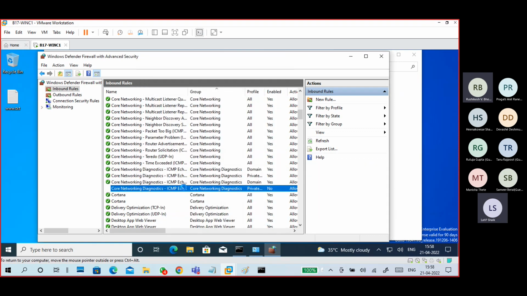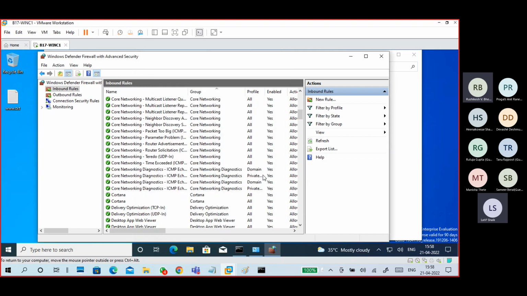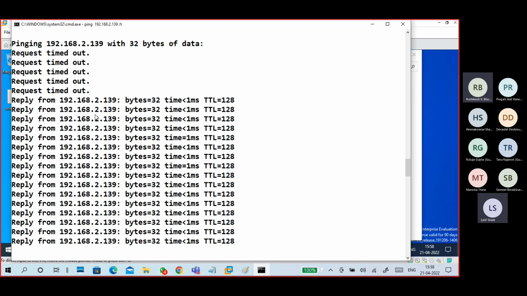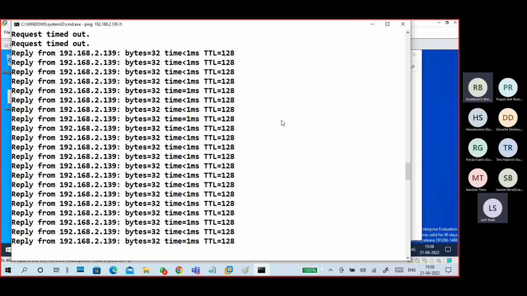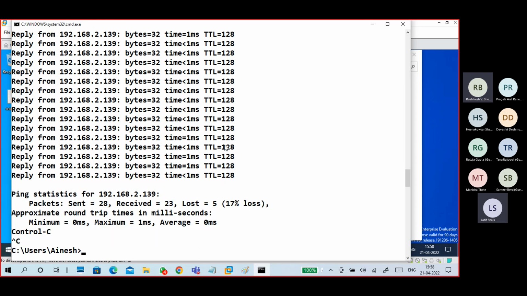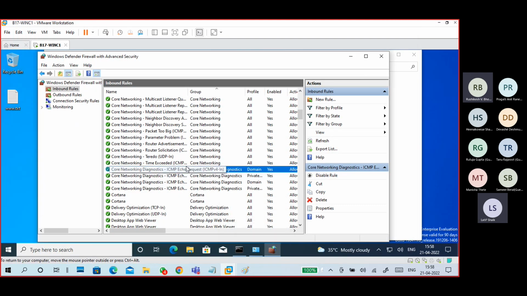Okay, just to show you, instead of disabling the firewall, you can enable it also. Yes, it is showing, right? The check marks also came. See, now it is pinging. So I enabled it in both inbound and outbound rules. The ping is successful. Reply from means you are able to ping from your client to the domain. So your ping is allowed instead of disabling it.